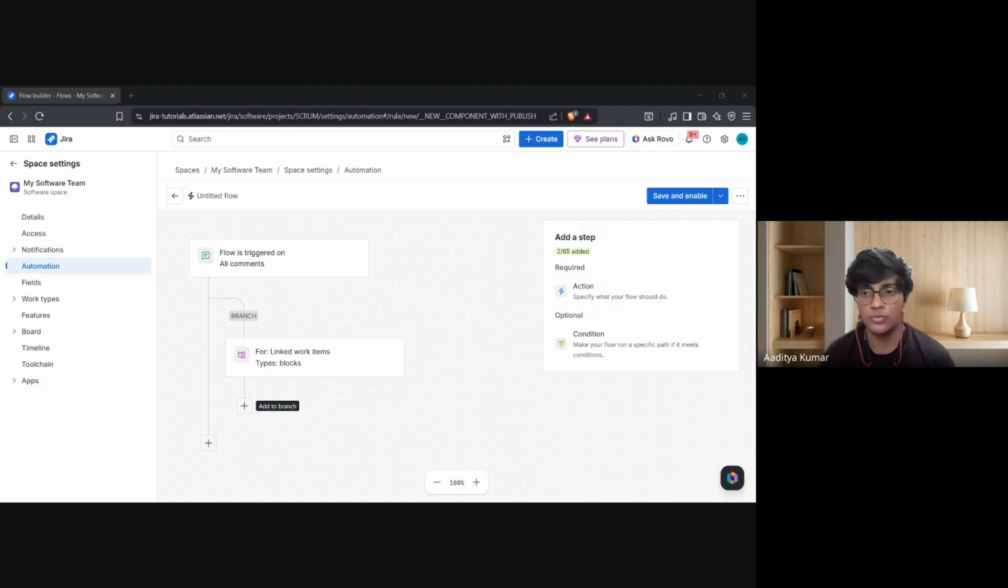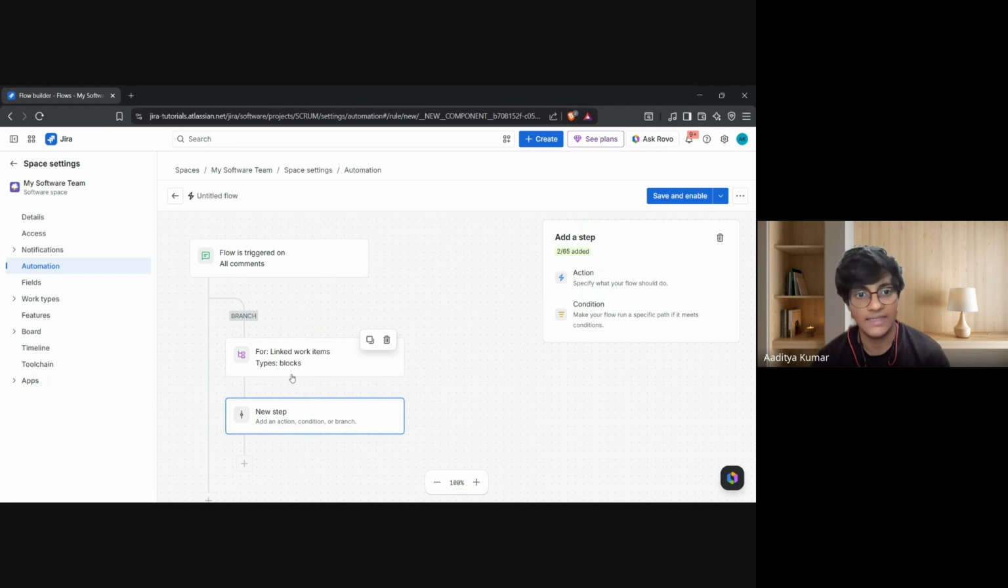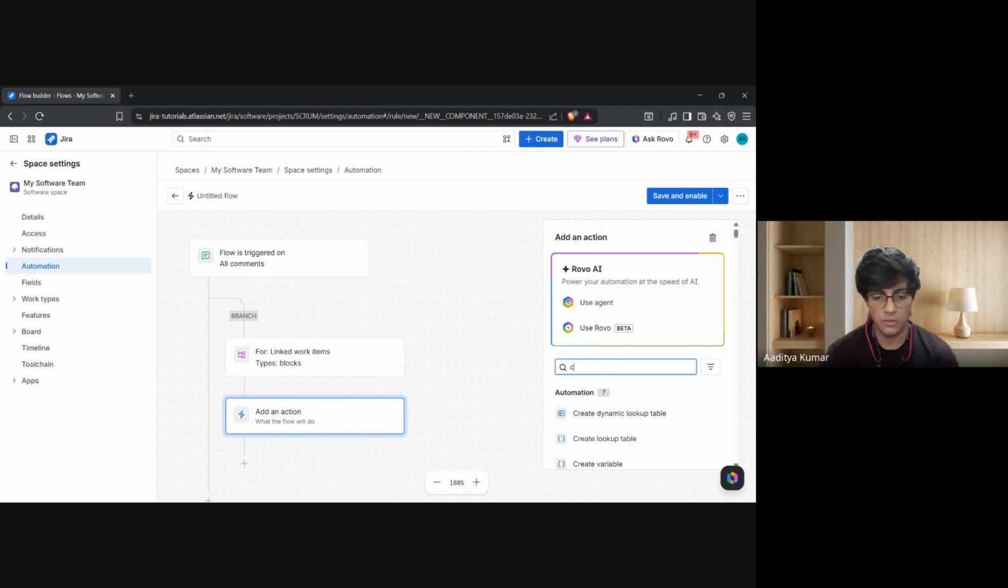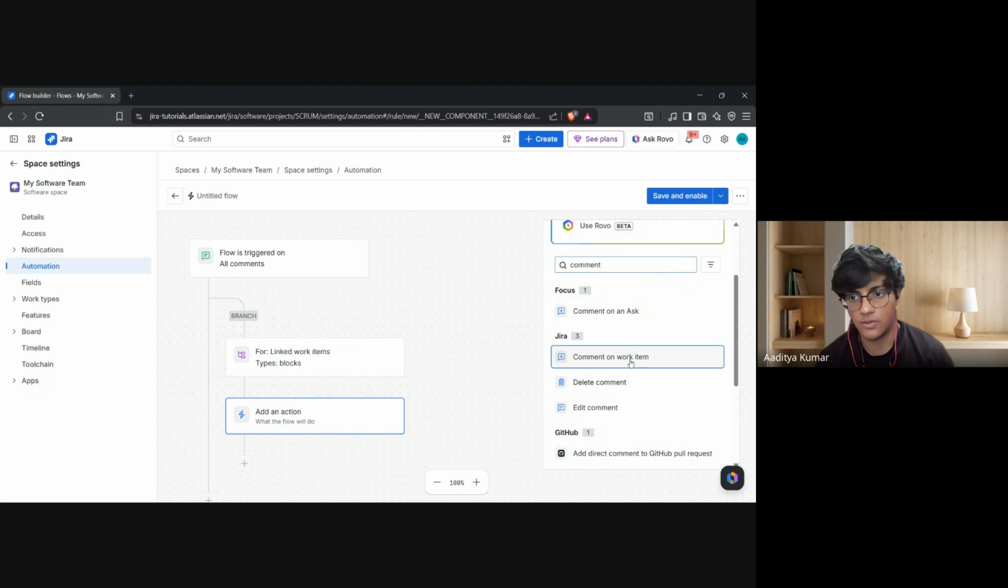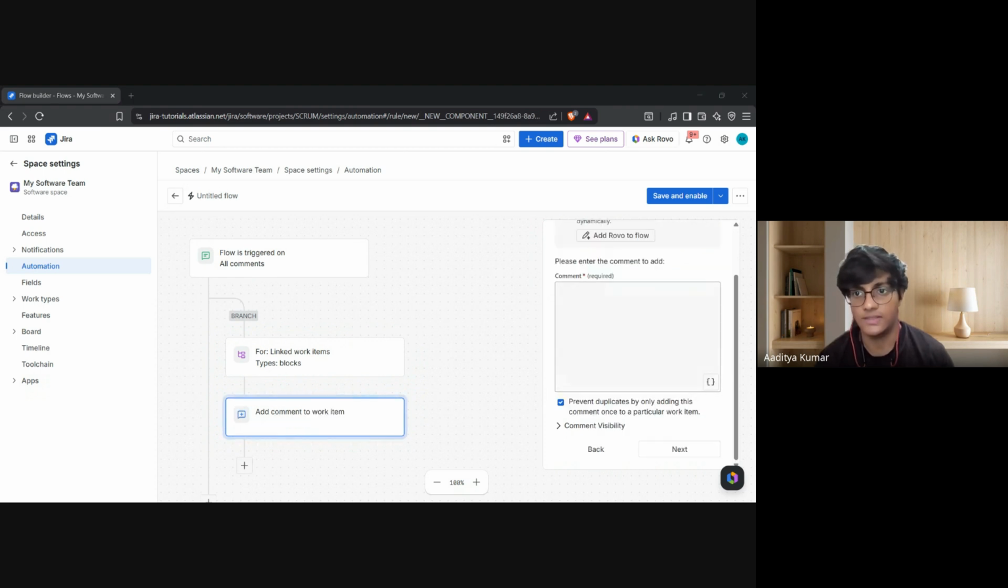Now we'll choose the add comment action. Why? Because we want our linked items to display this comment that triggered this automation. We click on action. We go to comment, edit comment, comment on work item. Okay. So now we'll be using some smart values so that the comment actually contains useful information about the original